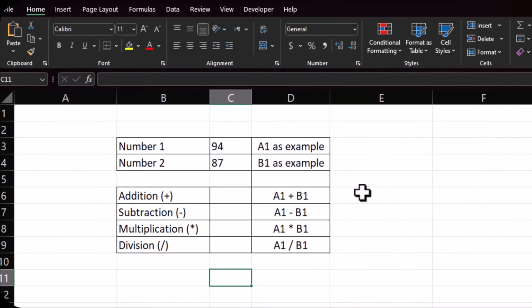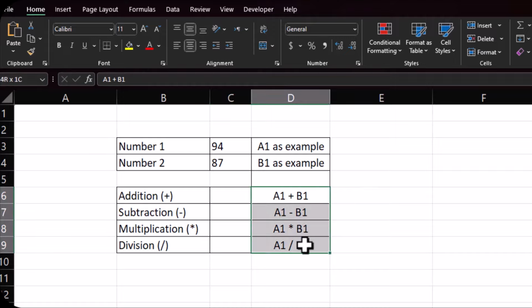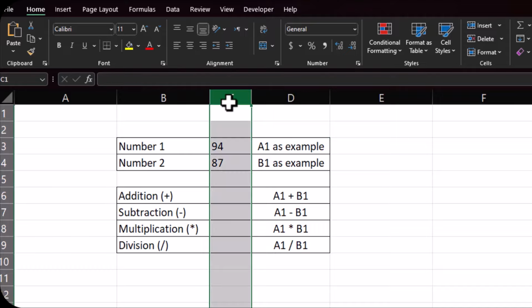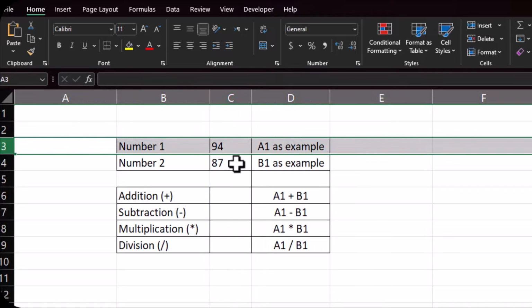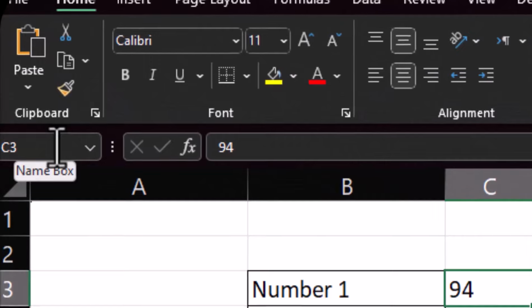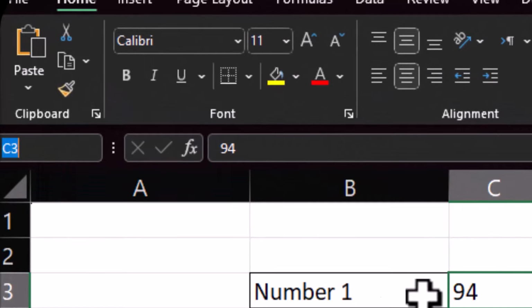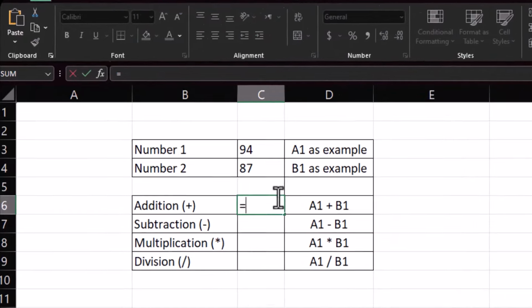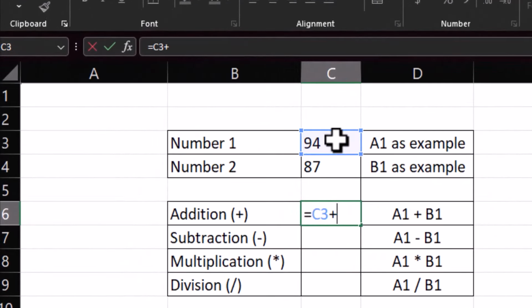So like we said earlier, formulas begin with the equal to sign. So we have this data over here and we are coming to add. Assuming we have our data in cells A1 and B1 respectively, as indicated over here. But in this scenario, this is column C and our first data is row 3. So this one is going to be C3 as shown in the name box over here. So I start by inputting equal to, then I click on this, I hold shift, I press the plus sign and I click on this one, I enter